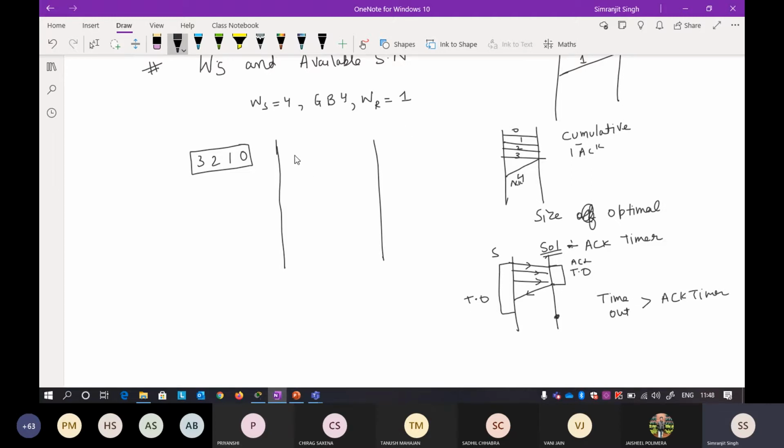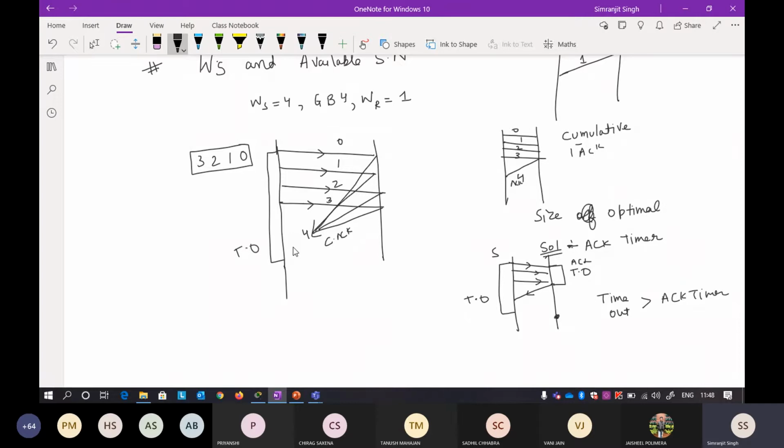Okay, so now in this case, suppose I can send 4 packets here: 0, 1. If you want to send the acknowledgement one by one, you can, or you can send it directly. I'm sending it directly now so that you also understand what a cumulative acknowledgement is. So this is your cumulative acknowledgement that is going back. The cumulative acknowledgement number will be 4 because you have sent 3 packets. It will always be +1. Now here is your timeout timer. You already know what the timeout timer is.